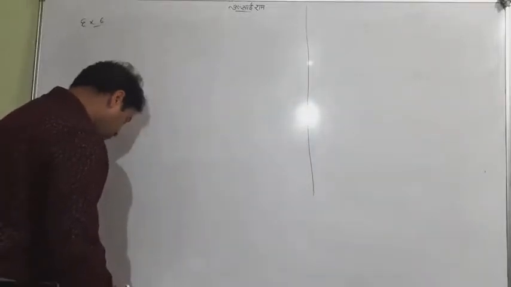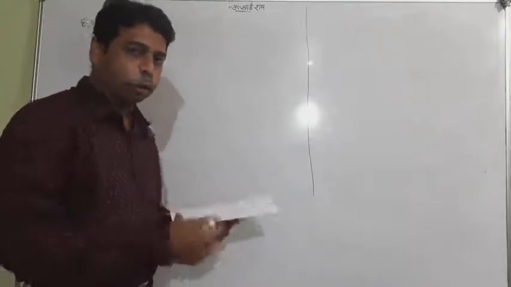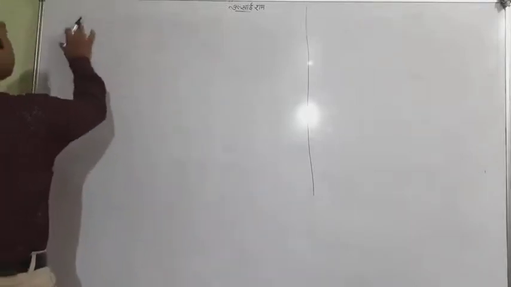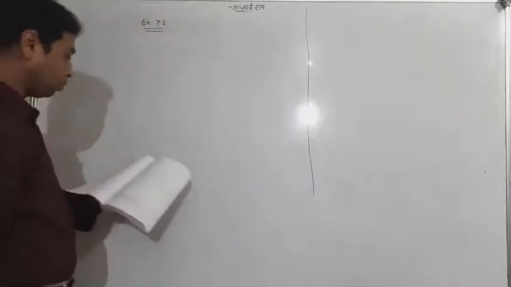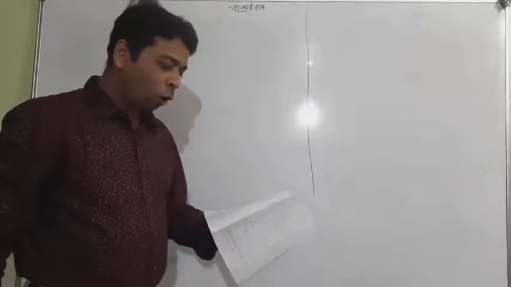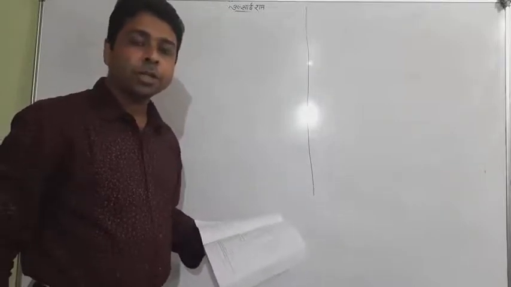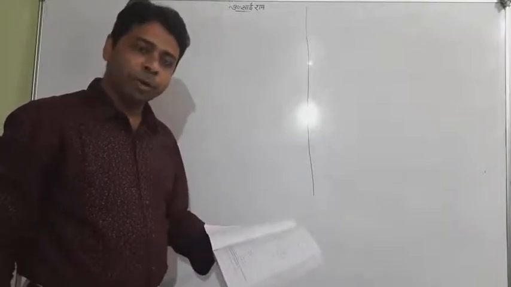Okay, let me tell you one or two more questions. Okay, we have come to exercise 7.2. Exercise 7.2 has 37 questions. And believe me, all the questions depend on the consideration of t, what you have to take as t. And the questions can be done very easily.